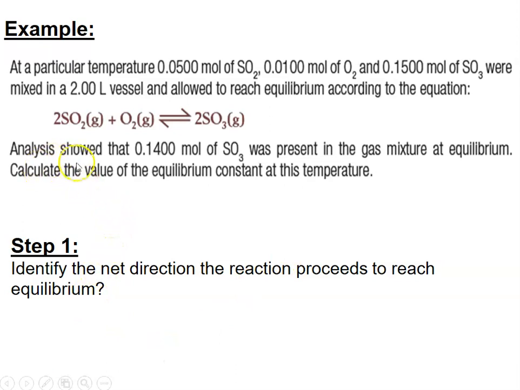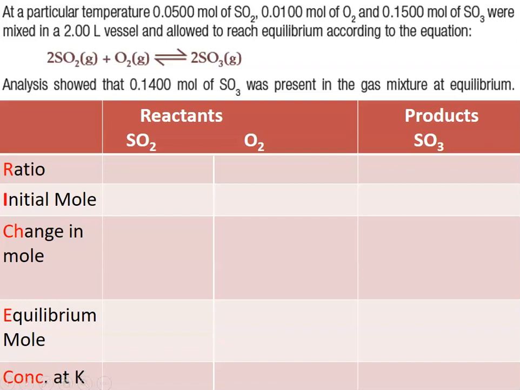All right, so analysis showed that at equilibrium, you've got 0.14 mole of sulfur dioxide. So you started with 0.15 of the product, and you end up with 0.14 of the product. So which direction has the reaction proceeded overall? What's the net direction? Okay, so hopefully you worked out that,